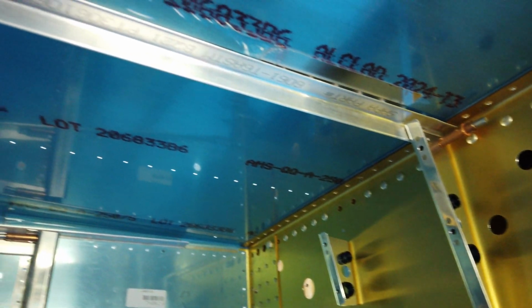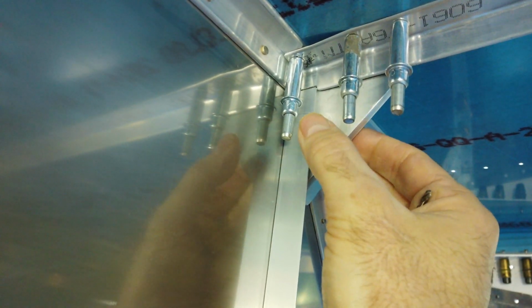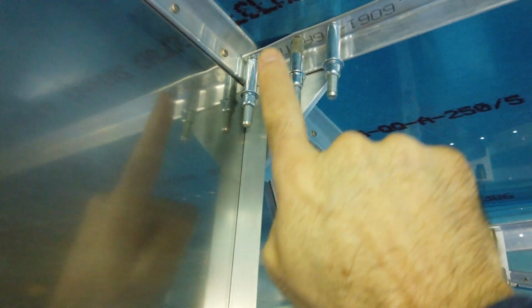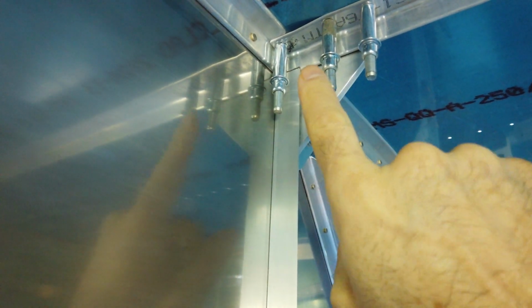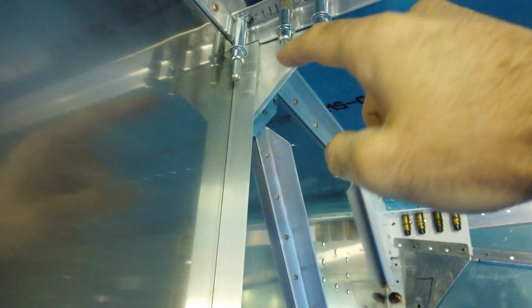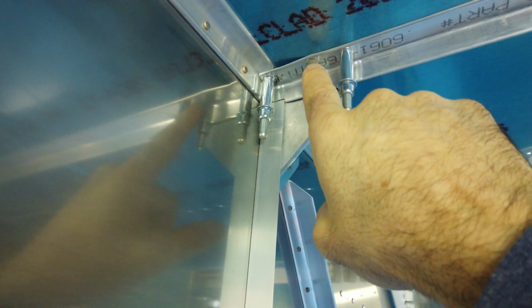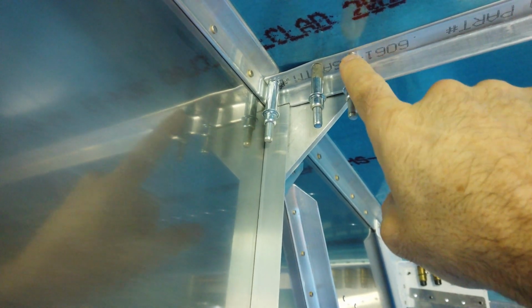Now I have that angle bracket clecoed on each end. So what I had done, like I said, I started here and I clamped this angle bracket to this angle bracket, and I made sure that this angle was tight against this angle here, pushed up tight, clamped. And then from the top side down, using my drill motor, I drilled through this hole, and then I just lightly marked this hole and this hole. Took the aluminum out, drilled these,